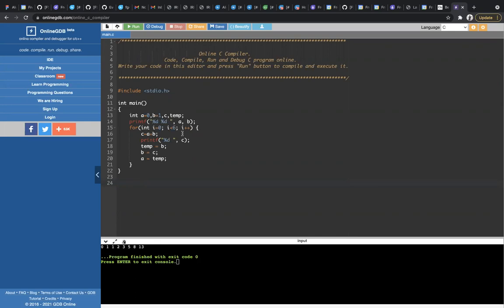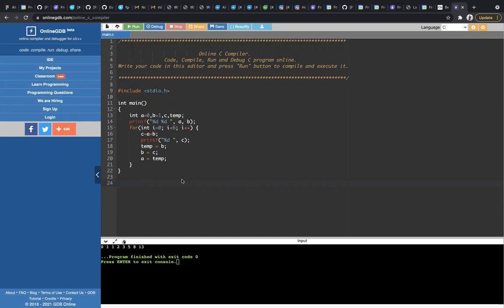Can someone tell me? 6 times, sir. 6 times, right? So this for loop ran 6 times. And how many statements are there inside this for loop? 5.